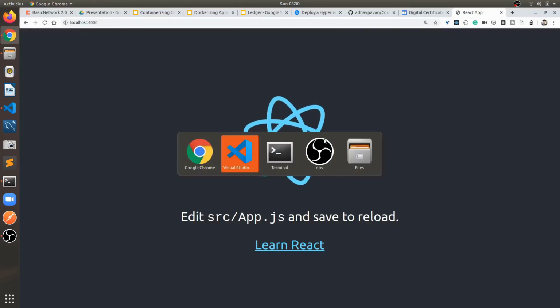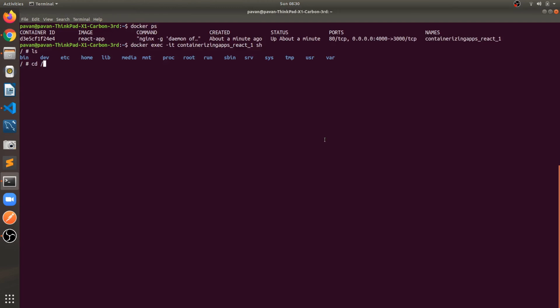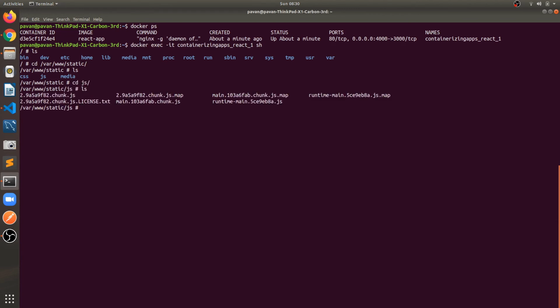So we can see inside the container, /var/www. You can see different files here: css, js, and media files, which are copied from the build folder to here. These are the different chunk files which get created after the production build.